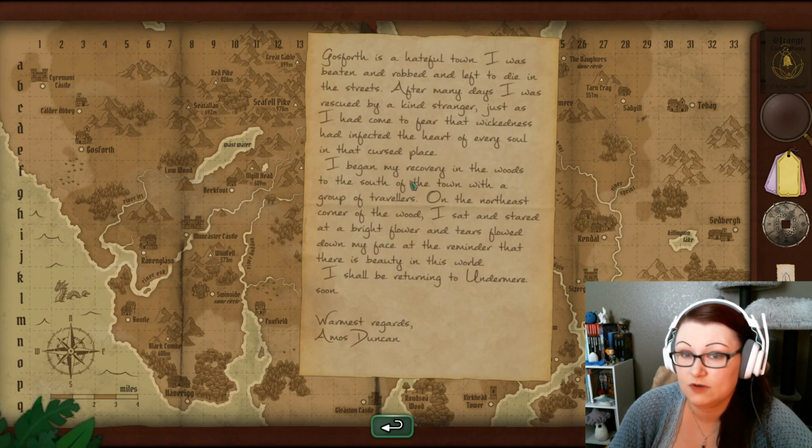Okay, so first we gotta find... There's Gosforth. Woods to the south, the northeast corner. So here...